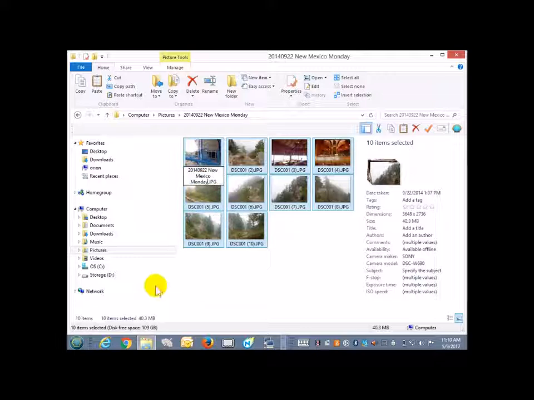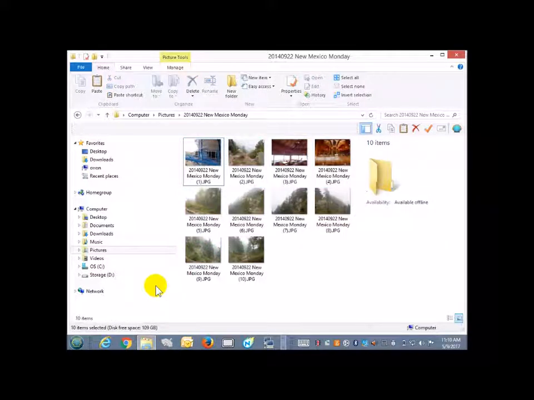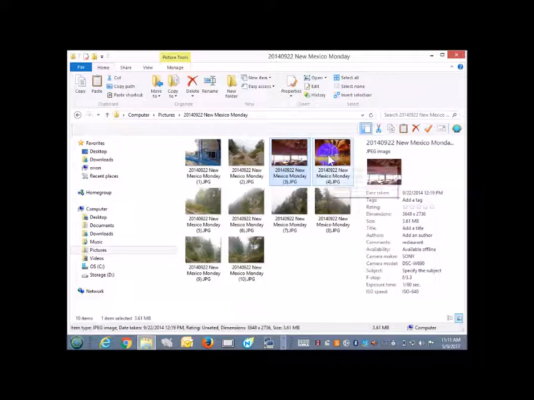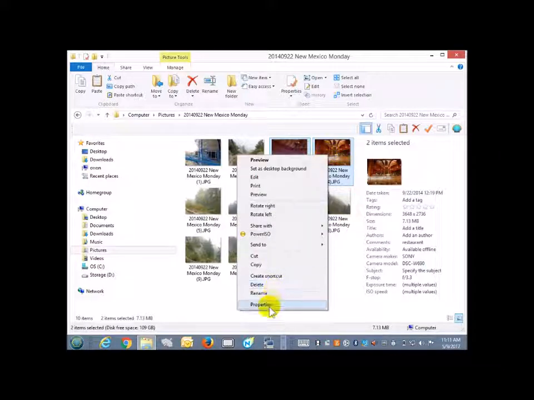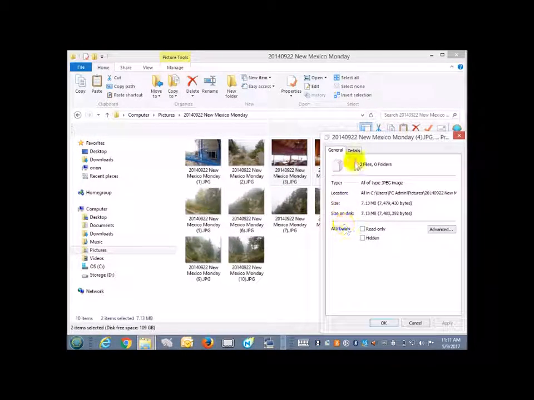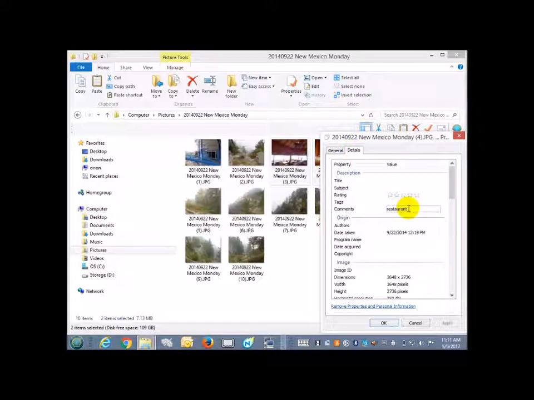Mexico Monday. See, I got the name typed in there. I'm going to press enter. There. They're now done. Okay? And then we're going to do what we did before. We're going to click this picture, and we're going to control click this picture, and then what we're going to do is we're going to right click, we're going to go to properties, and then details, and then we're going to put a tag in there, or a comment in there of